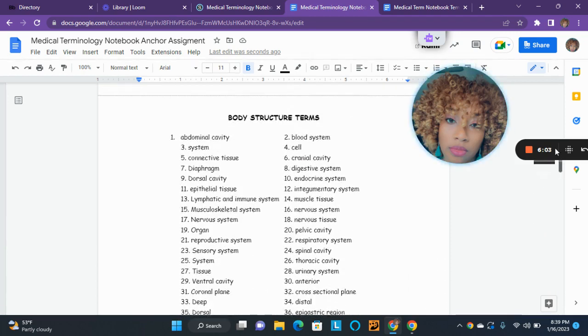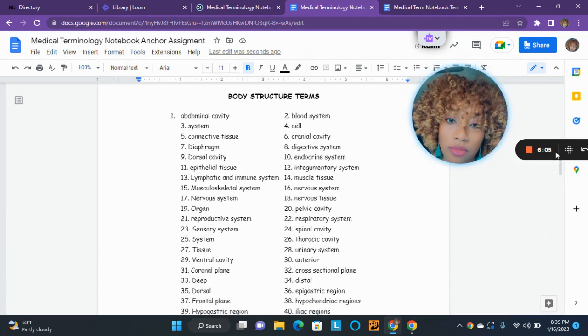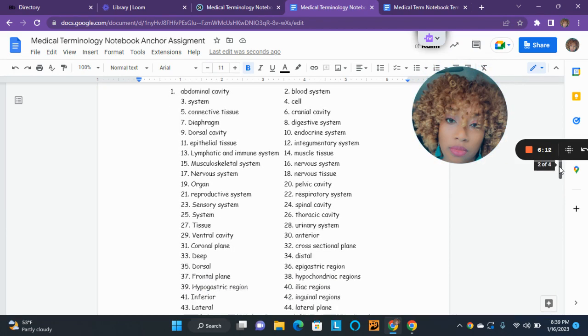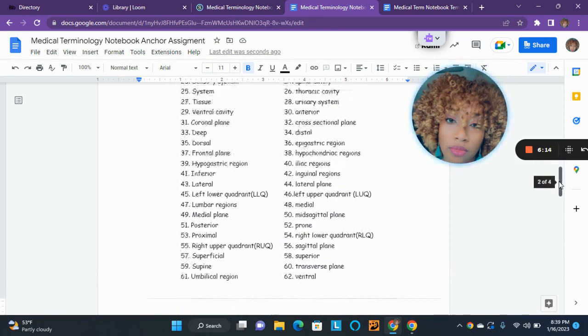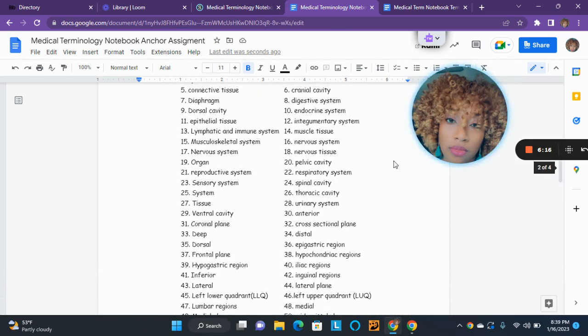Okay, so this next part is the terms. These are the terms for the body structure. They're numbered for you to put them in the correct order. So it's 1 through 62, which is really 61 because 16 and 17, I made a typo. They're the same. So you can just eliminate one of them. It doesn't really matter to me. Just don't do them twice. You can do 16 or you can do 17. And I'll show you how the template is supposed to look